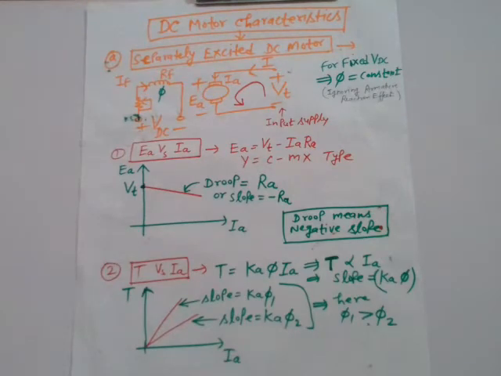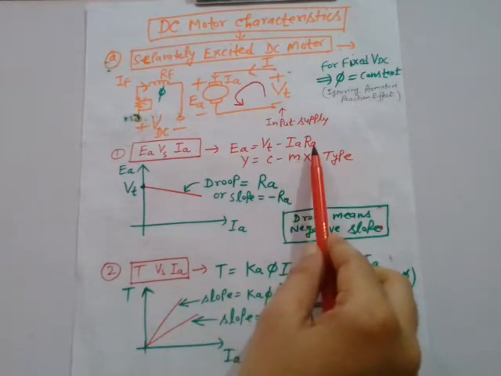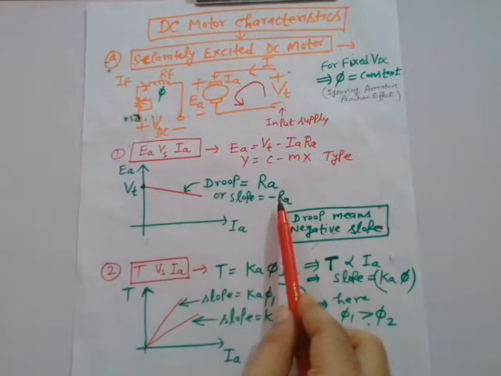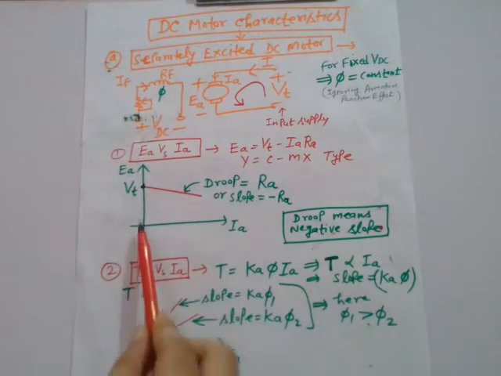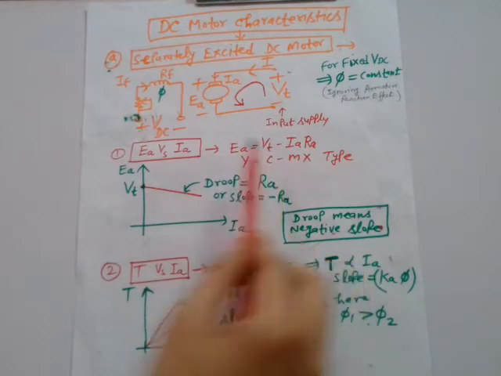So now you can plot. M is the slope of this line, which is equal to minus RA, right? Slope is minus RA, right? And intercept on this vertical axis, which is induced EMF axis in armature, is equal to terminal voltage VT,